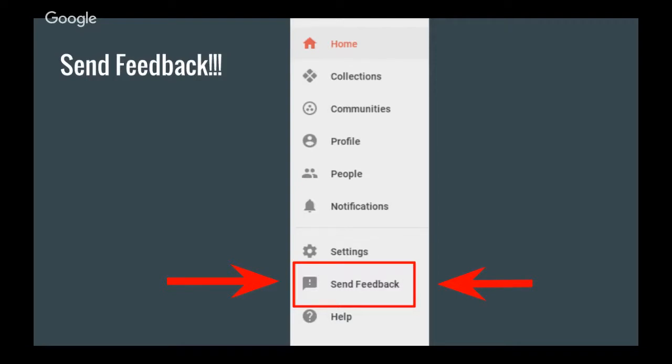If there's something that you'd like to see work differently, if you think that there's a feature missing, send feedback. Don't just make a public post. Click the send feedback button. You do that, you get the option to take a screenshot and include a screenshot with parts of it highlighted. And that goes directly to the Google Plus team. They read it all. They are interested in hearing your feedback.